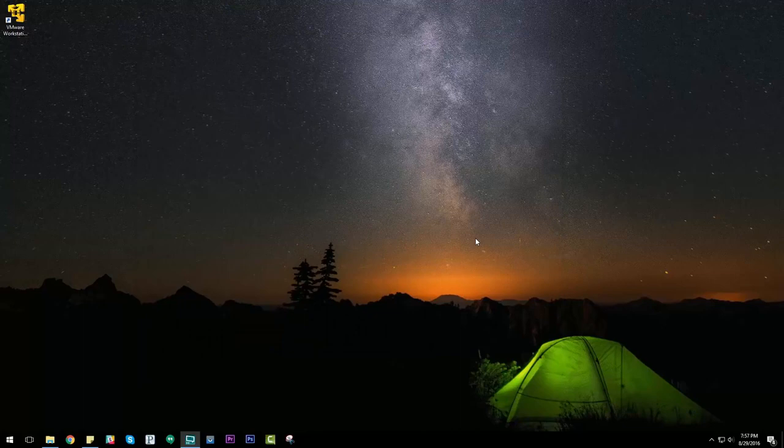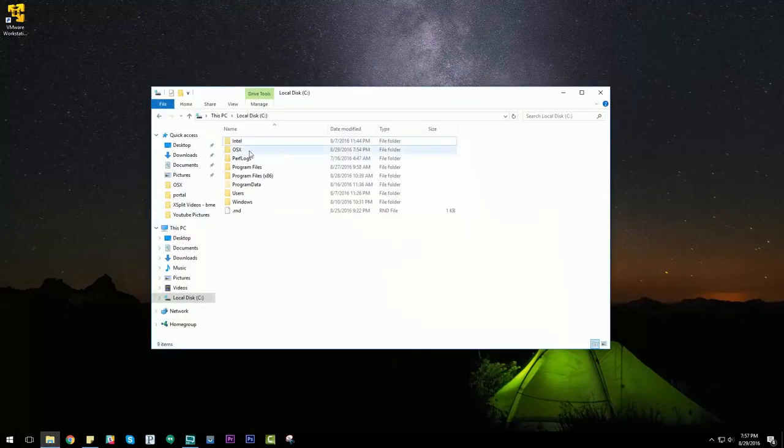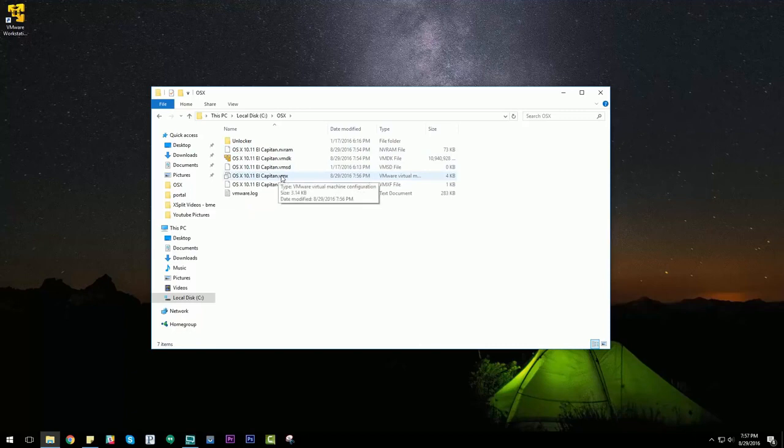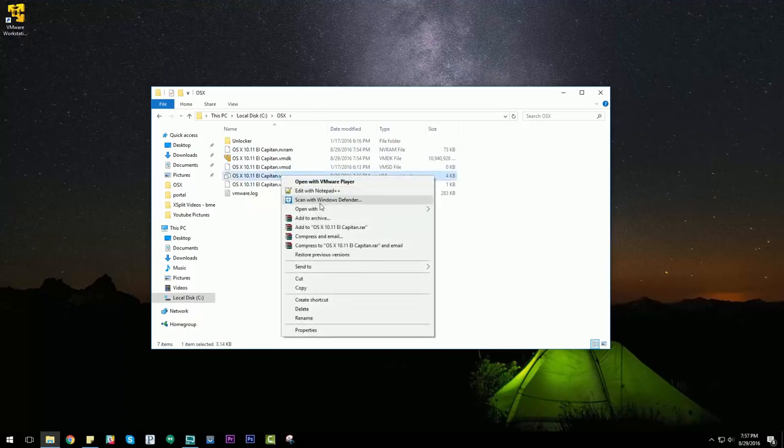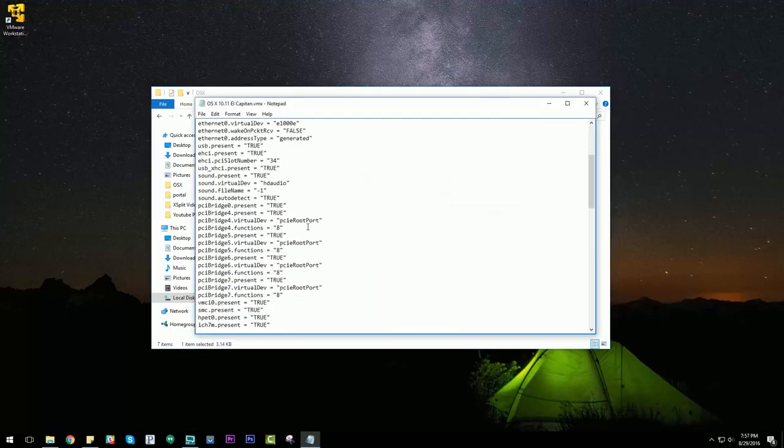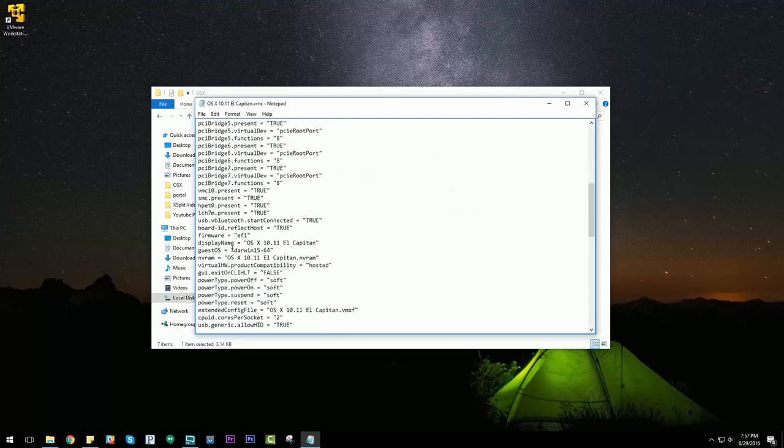Okay, so once the virtual machine is shut down, you're going to open your system folders and reopen the folder OSX that we created, and in here you're going to see a VMX file. You're going to right click, and I have Notepad++. You can use Notepad, either one will work. So open it with Notepad, and you're going to scroll down a bit, and you're going to see a line here that says